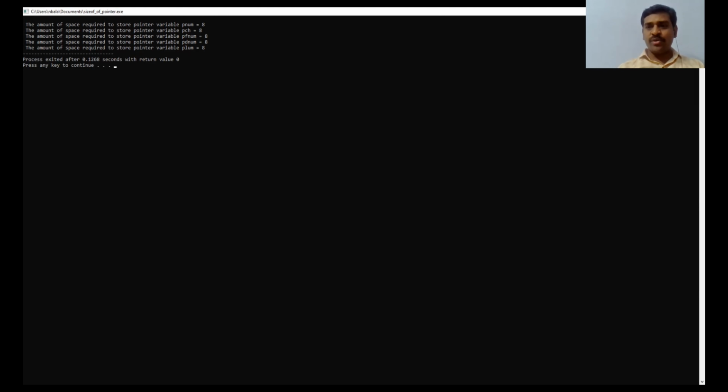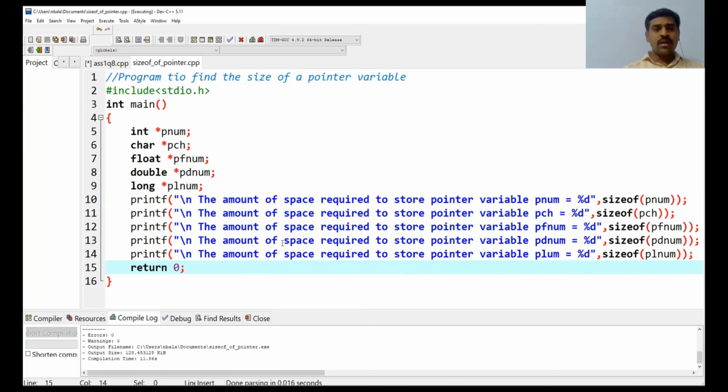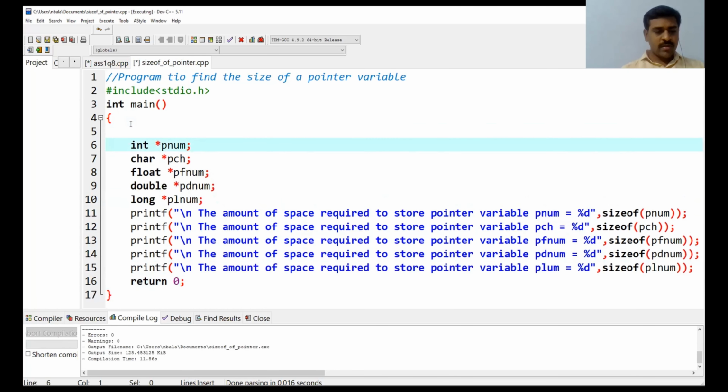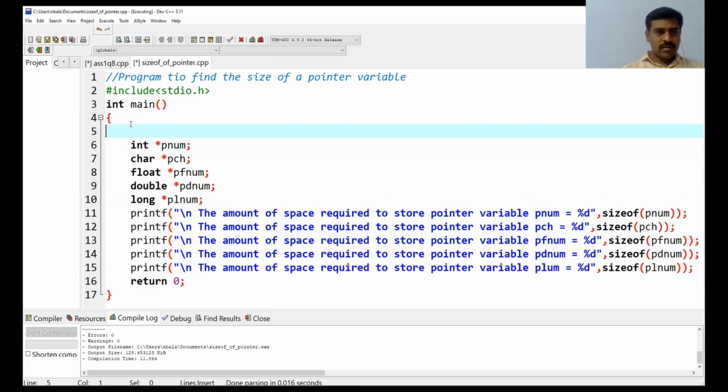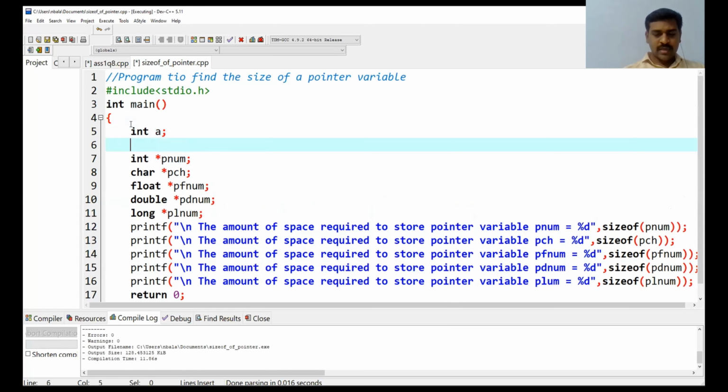So here I am going to show you one more important point. Sir, if we want to declare a pointer variable, how to declare? int *pnum. Now I am going to show you one more way. int a.